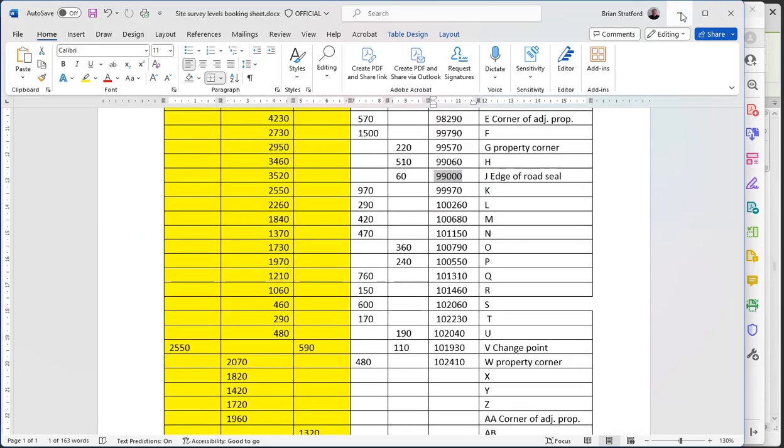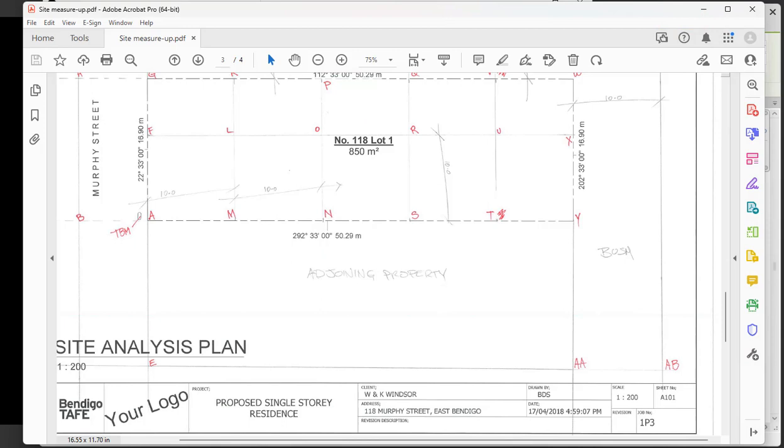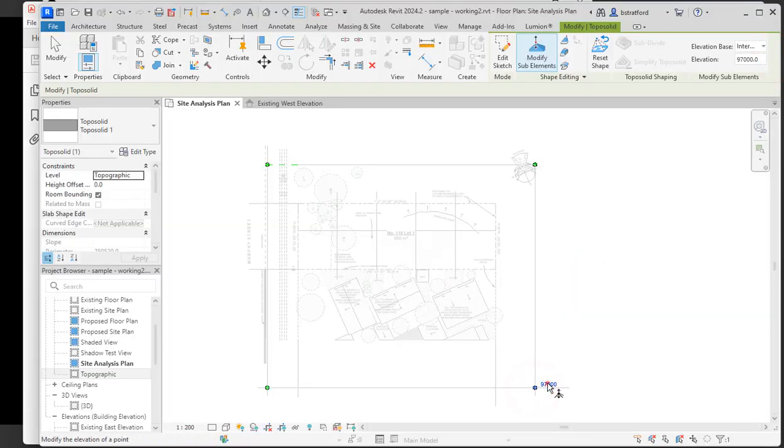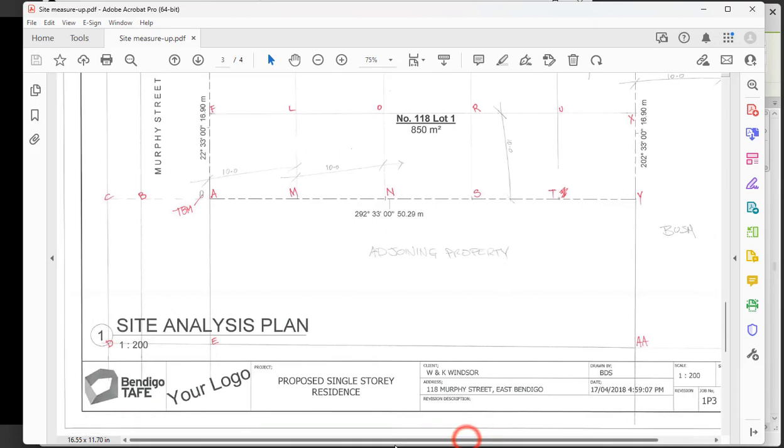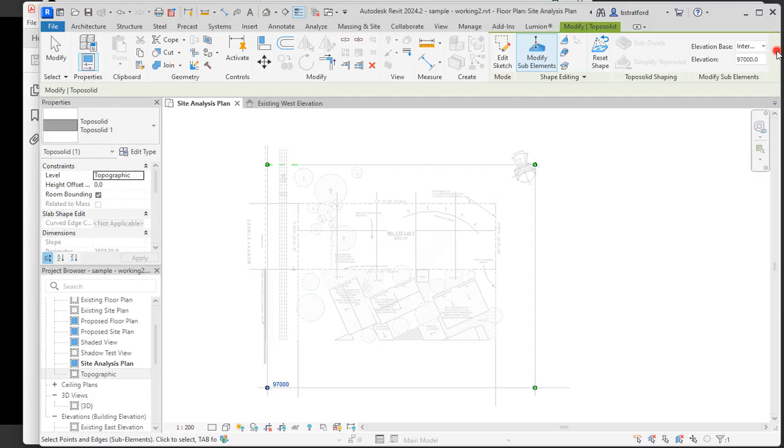AB, I haven't completed yet. Check my cheat sheet, it's 103,160. Press enter. And we've got a point down here which is point D, and we'll put that height back in to that point there, and point D is 97,720. Press enter. So the first 4 points have been set,